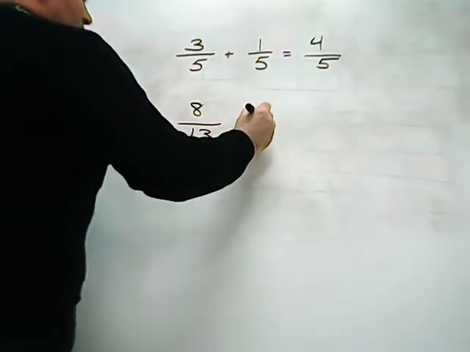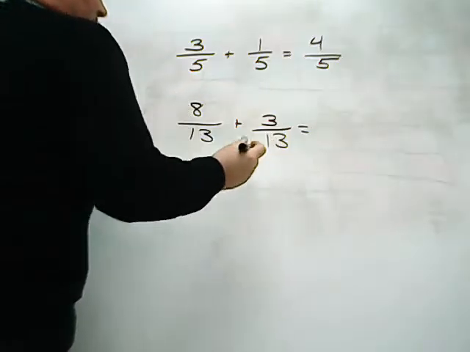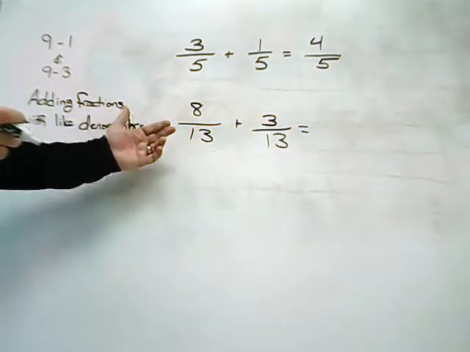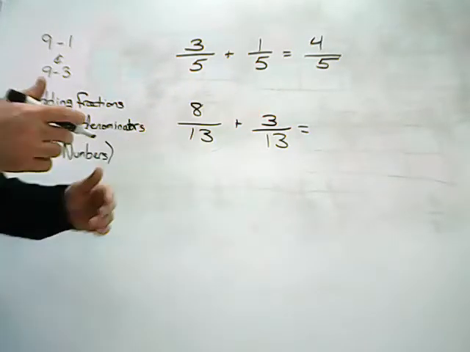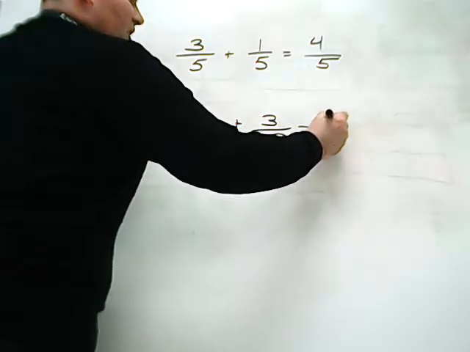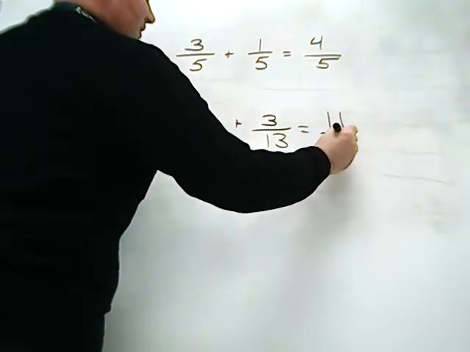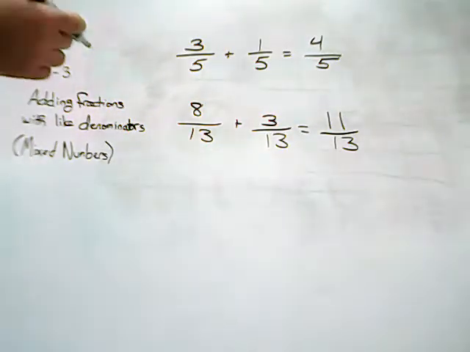Another example, 8/13 plus 3/13. Again, I'm going to add my numerators together and keep my denominators the same. So 8 plus 3, I'm going to get a new numerator of 11, and my denominator stays as a 13. Easy enough. So the question comes, what happens when I eat